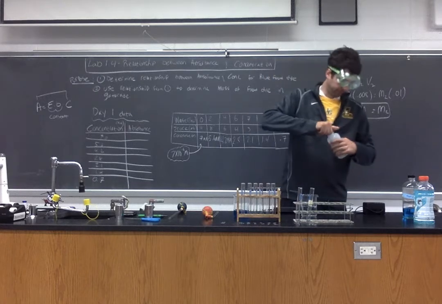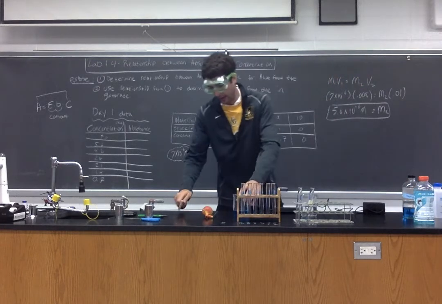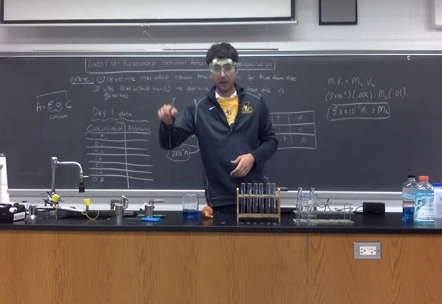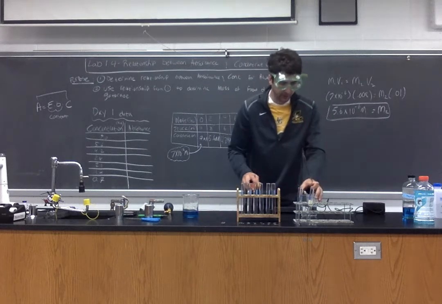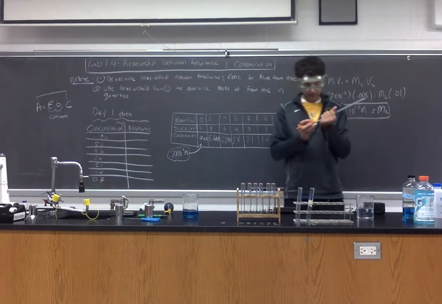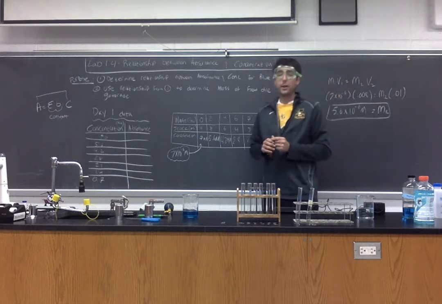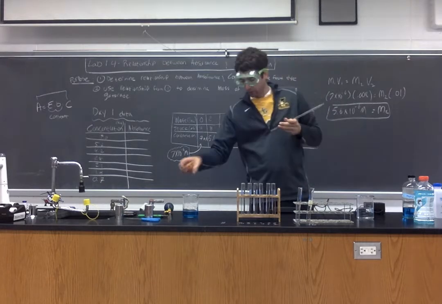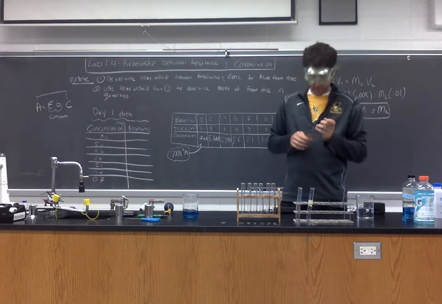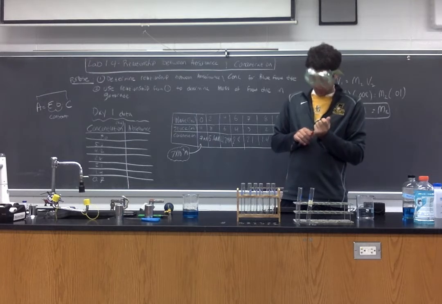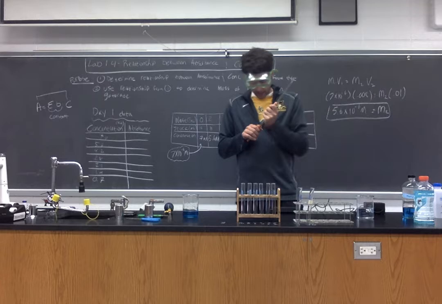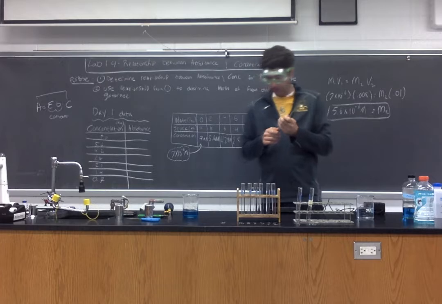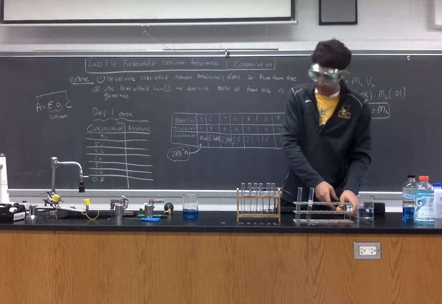Before I get started, I want to make sure that my beaker that I'm using for stock solution, as well as the volumetric pipette that I'm using for my stock solution, is isolated. My deionized water is also isolated on the other side. The reason why I want to do this is I do not want to mix up the two volumetric pipettes in terms of what I am using. The whole point of this first part of the lab is to keep the concentration at a known value. So if I mix up the stock solution volumetric pipette with the deionized water, I'll be throwing off the